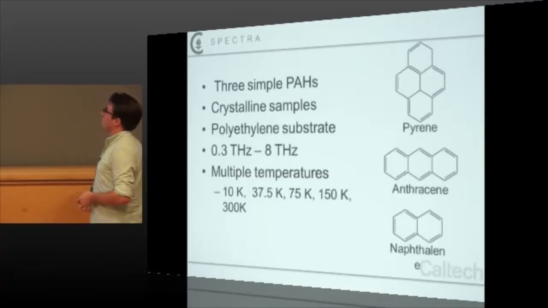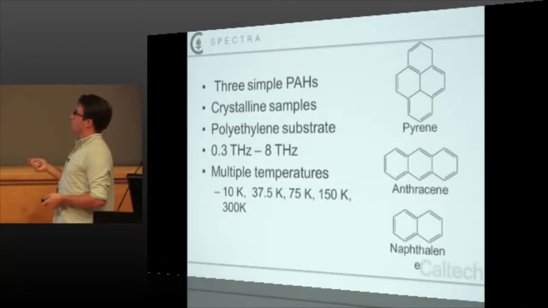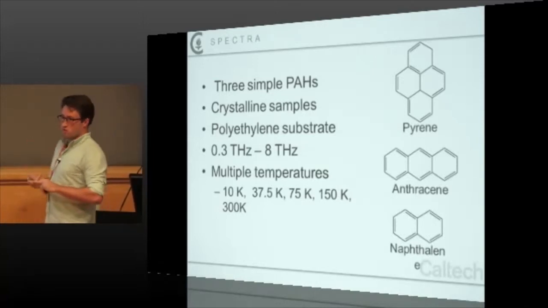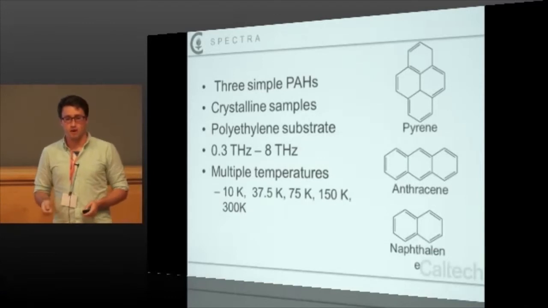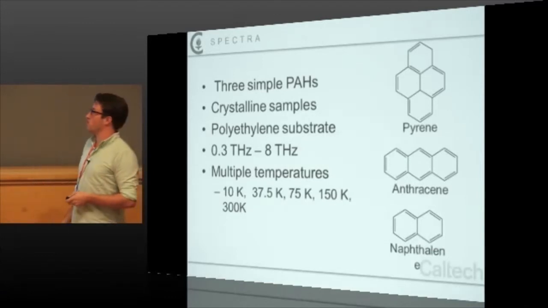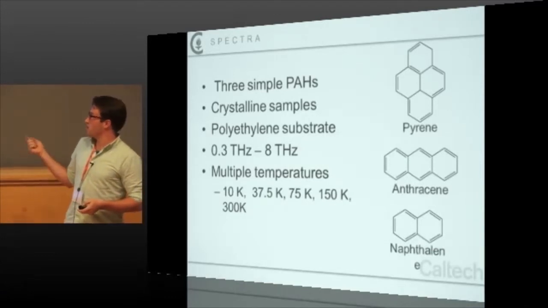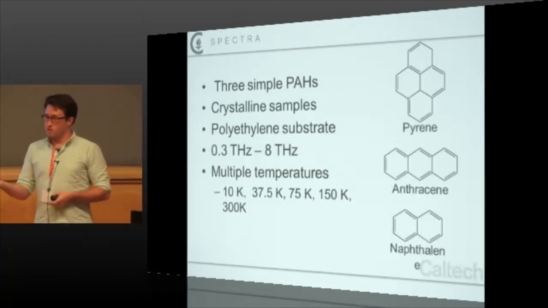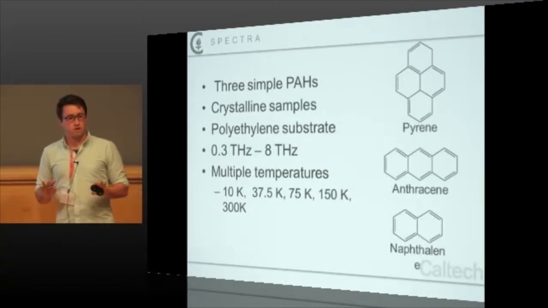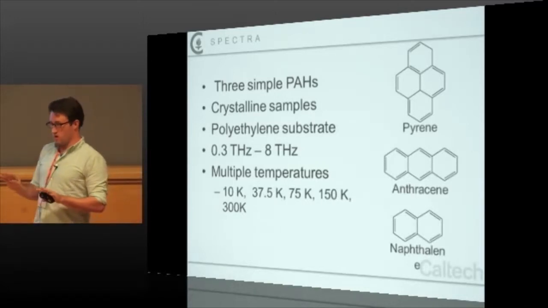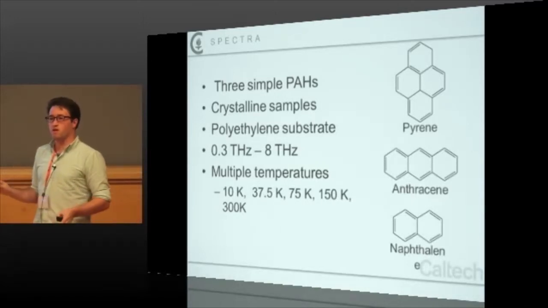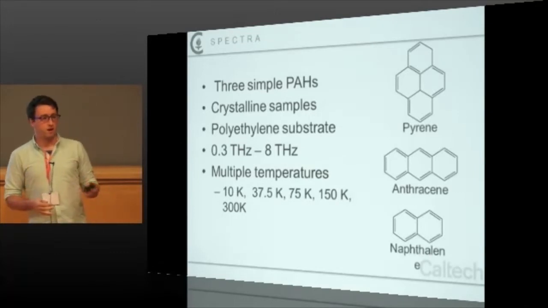So to start off, what we wanted to do was start fairly simple. A 2, 3, and 4-membered PAH, no functionalization, nothing crazy, just 3 simple systems to test this out. They're all in a crystalline polyethylene substrate, and as Marco was explaining, there are subtle shifts in the spectra caused by temperature variations, and if we really want to get the spectroscopy right and identify these things well in space, we need to do this at a lot of temperatures.